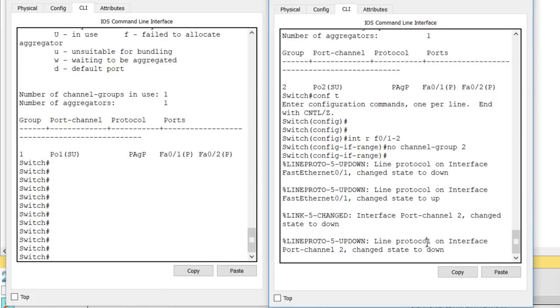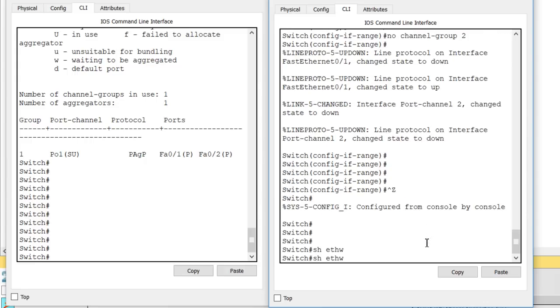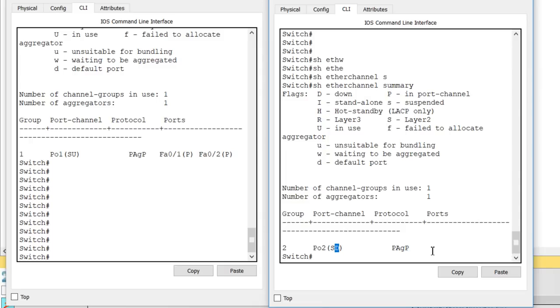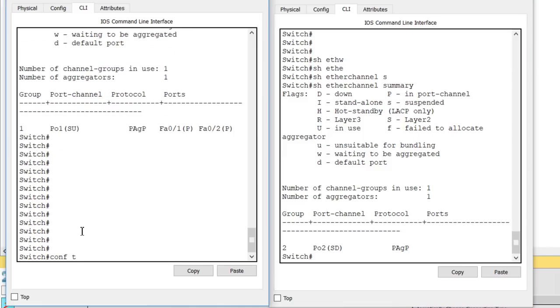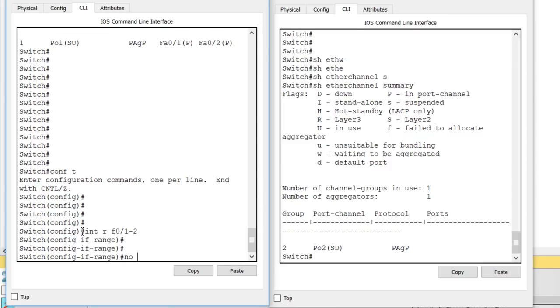So if you try that same thing here, show EtherChannel summary, you would see that port channel 2 is D, is down, right? And the ports are not there because I have removed that command from everywhere. So that port channel is there technically, but is not being used, and there are no ports associated with that port channel. So if I want to do that here, I would say interface range F0/1 to 2, no channel